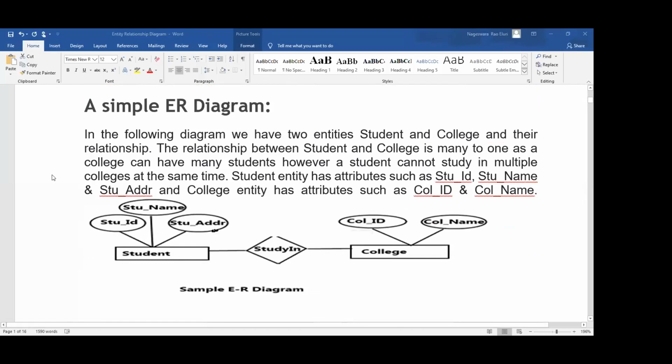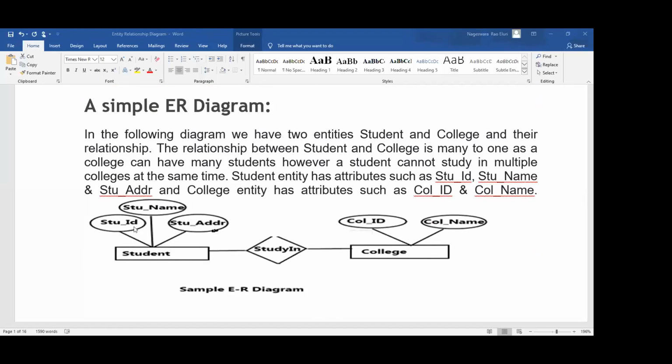Whatever the entities are, they are represented in a rectangle. The names are represented using a rectangle, and this we know as an entity. Here you can see college represented using a rectangle and student represented using a rectangle. These two are called entities. Now what are these?